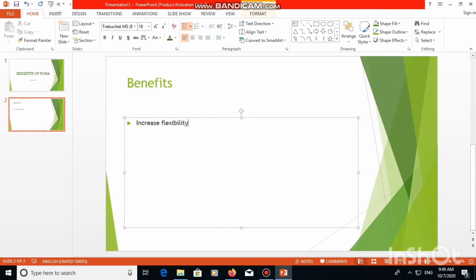Then press enter button on your keyboard and move to the second line. It helps us to increase the blood circulation in our body. It promotes proper blood circulation.